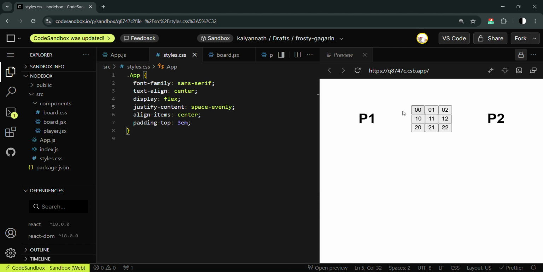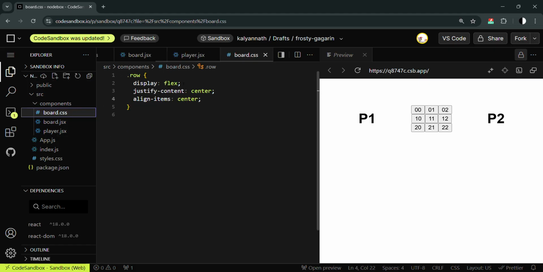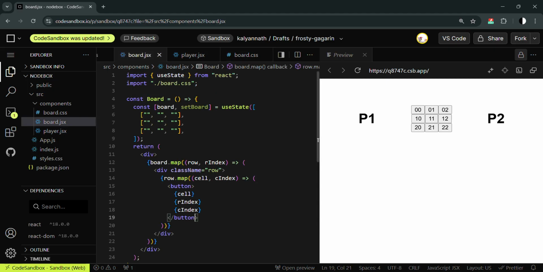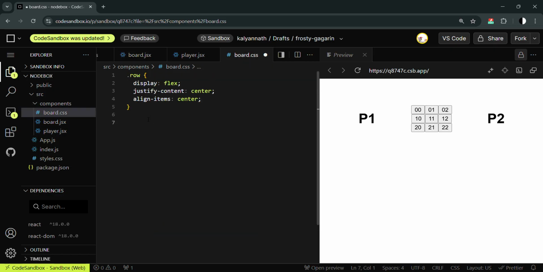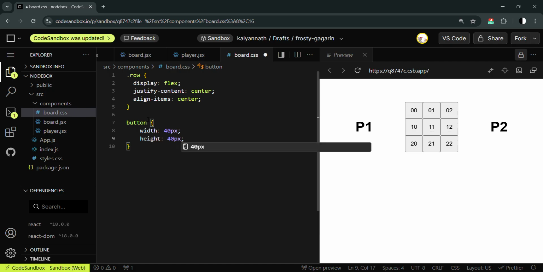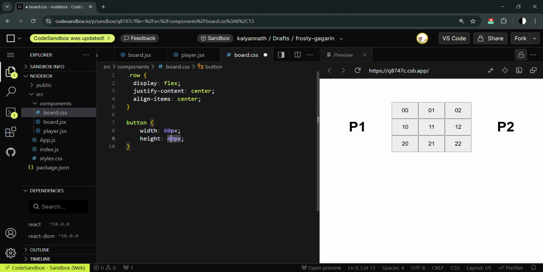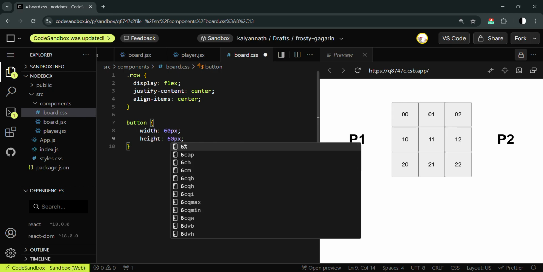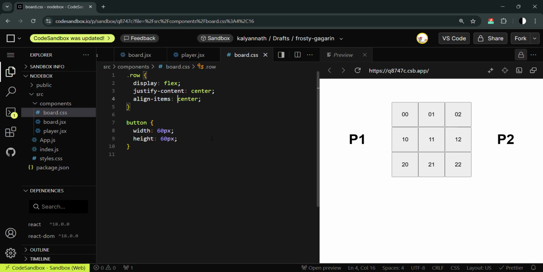And these buttons look odd, so let's add some styling for those buttons. Buttons, give some width, 40 pixels, height also 40 pixels, 40, maybe 60 would be fine. Right, now